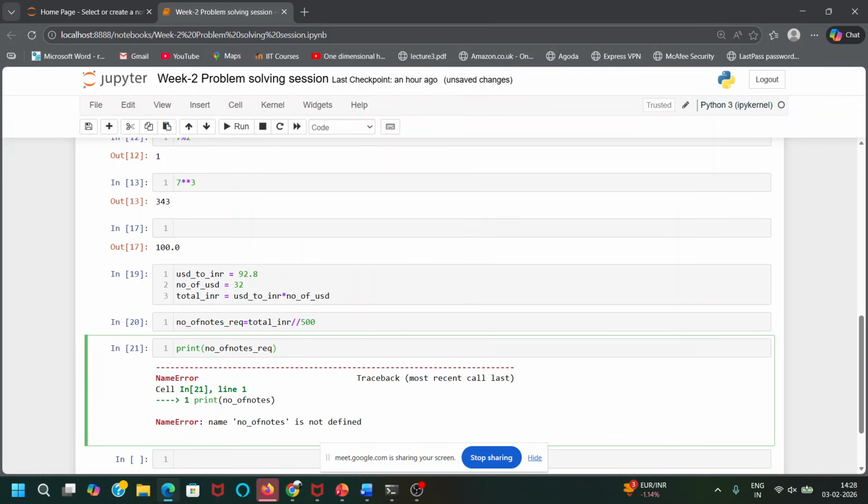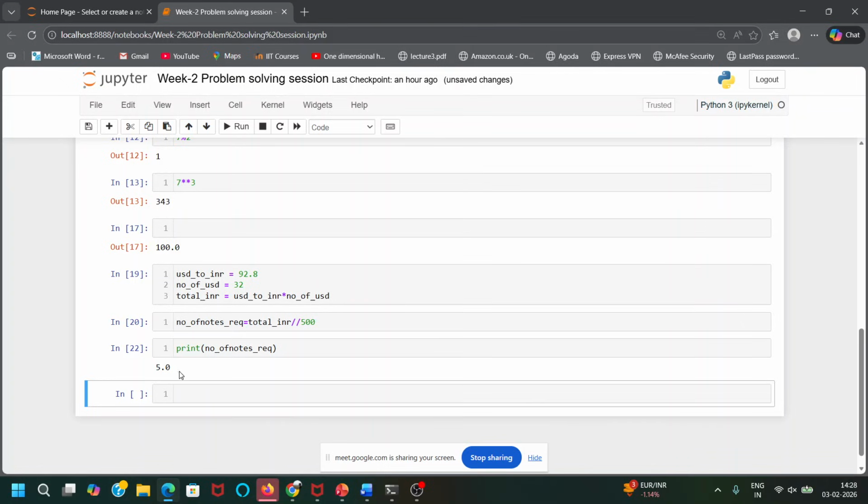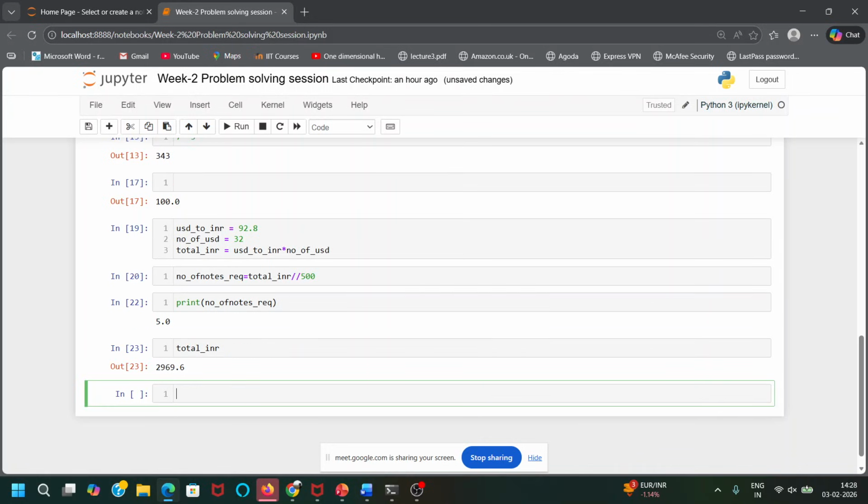If I make spelling mistakes like this, I'll get an error. So you will require 500 notes. The total INR is 2969. If I have 500 notes, I'll get 2500 plus 469 rupees. I have to get it in some other currency, like maybe 200, 100 or 50.